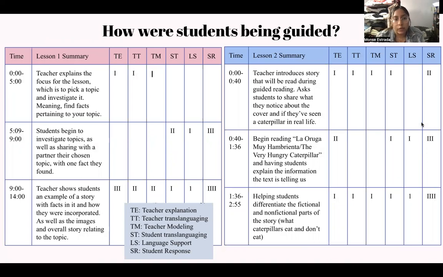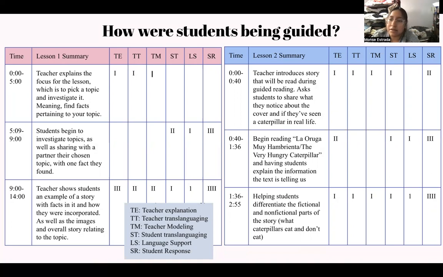So for my lesson one, I began to explain the book project, what they had to do, what they had to investigate. Overall, it had to be an informational, like narrative story, so it could be anything that they wanted. It did have to be related to like Earth or the planets, but it was really up to them to choose what they wanted to pick. So, I explained it, showed them a video, and then I let them investigate their own topics.